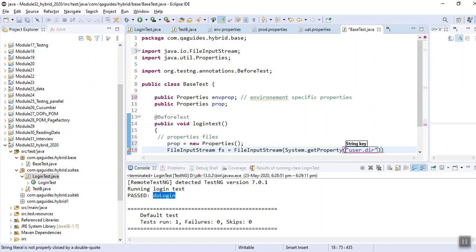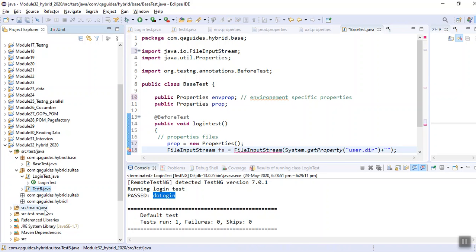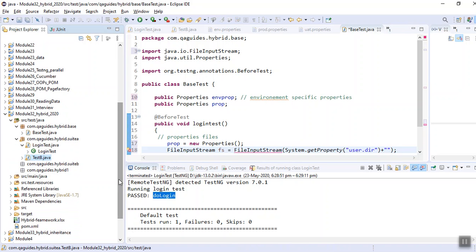Fine, and under it we have to add the path plus environment.properties. Where is environment.properties? It is under our resources. Take its properties.